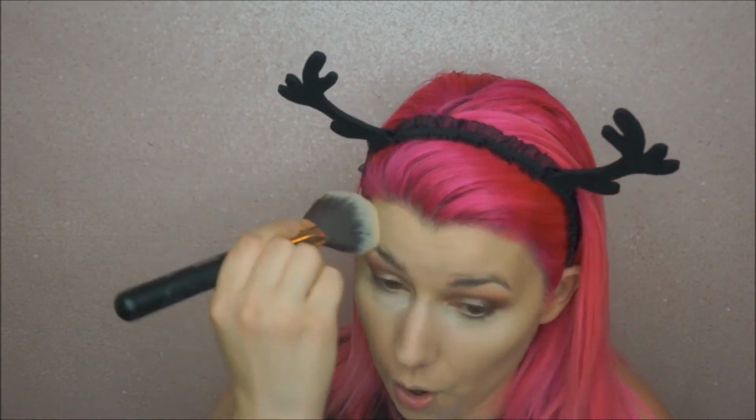I know it's called no color powder, but I totally feel like this made me look paler. You know what, I feel like it's not finely milled enough. It does feel really fine and soft, but I just don't love the way it sits. I feel like it just looks cakey. All right, I'm gonna...